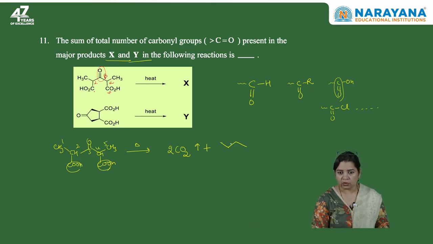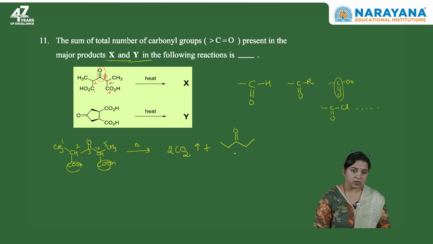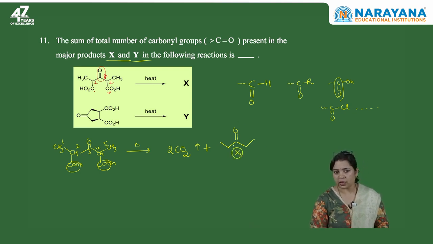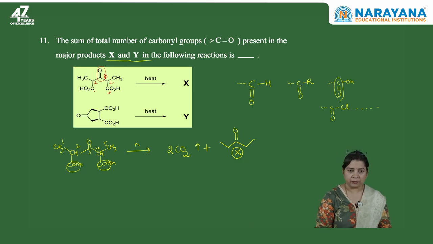So 1, 2, 3 will have carbonyl, 4 and 5. This is our structure for X. How many carbonyl groups are there in this X? 1. Let's go to the second question, second reaction, which gives us a